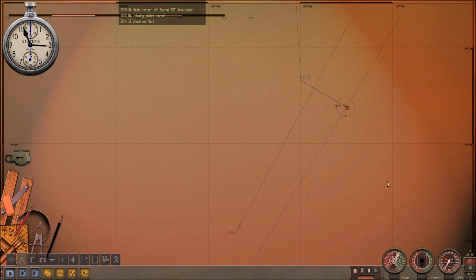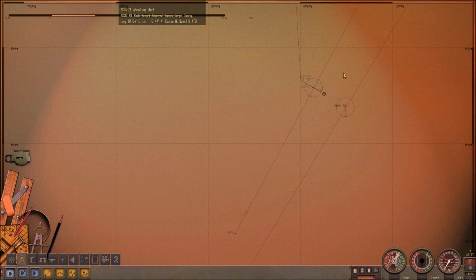We're going to go 1/3 ahead because we don't want to overshoot too badly, and I also want to put down a range on that course because that looks like a fairly accurate course for him. Yep, he's pretty much exactly on that course. He's slightly off it actually, but not too badly. So we will stop here, go to periscope depth and put up the periscope